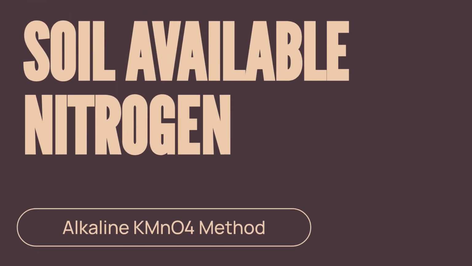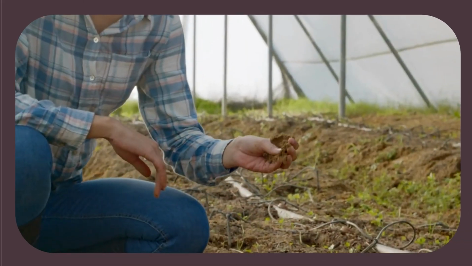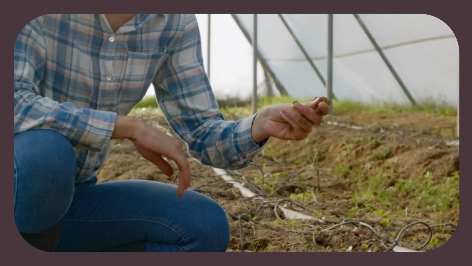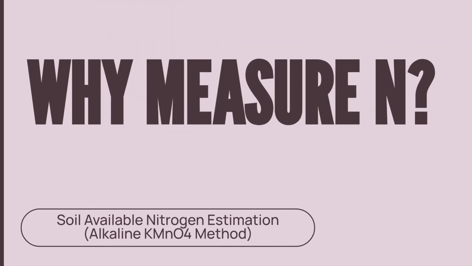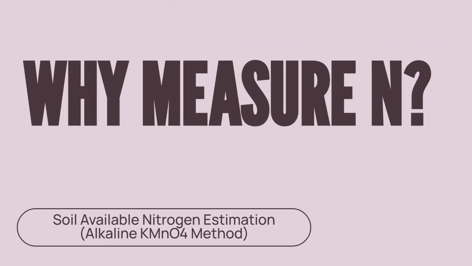Welcome to this detailed guide on the estimation of available nitrogen in soil using the traditional alkaline potassium permanganate method. Understanding the available nitrogen in your soil is crucial for effective crop management and precise fertilization. The primary purpose of this estimation is to assess the amount of nitrogen readily available to plants, enabling accurate fertilizer